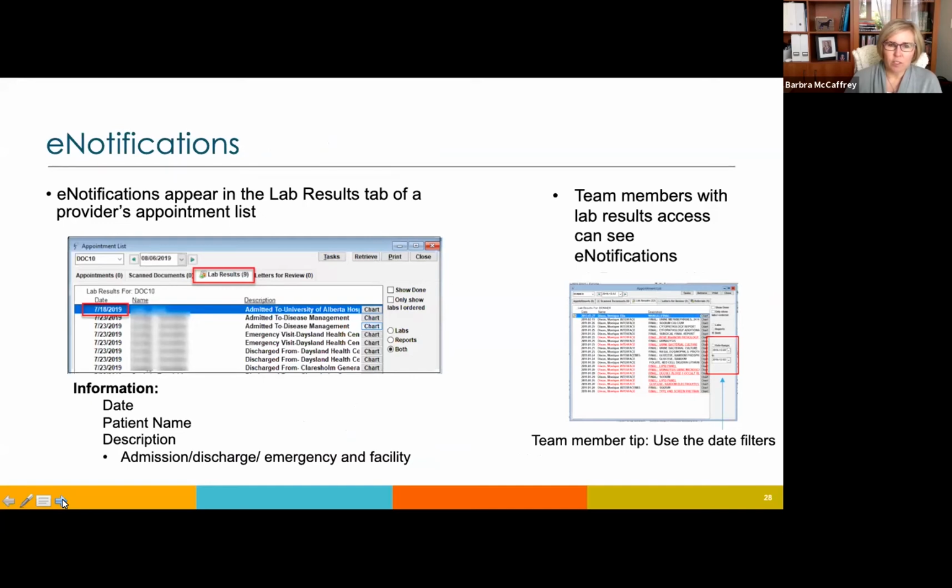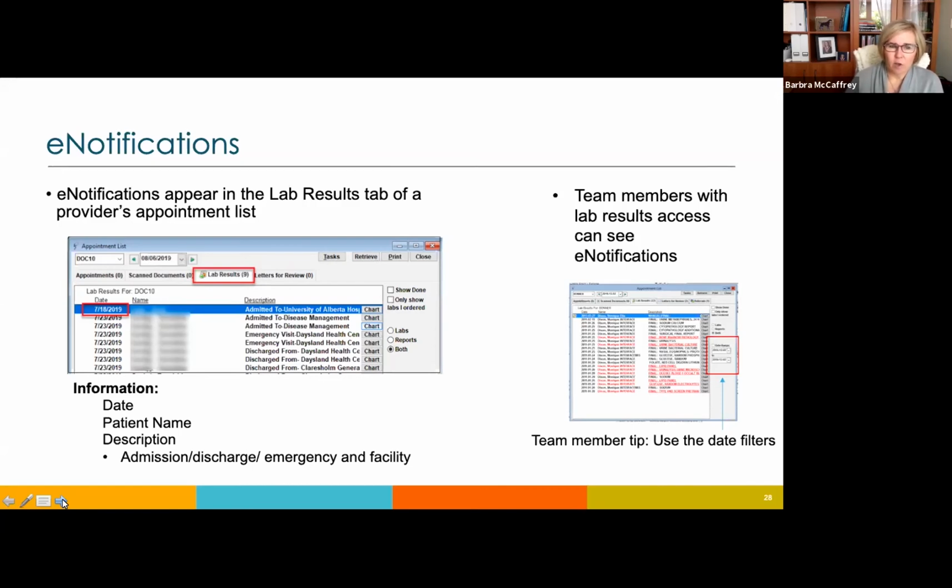E-notifications are notice to a CPAR participating provider when one of their paneled patients has had one of a number of events in Alberta: an emergency department discharge, a hospital admission, a hospital discharge, or day surgery anywhere in Alberta. They come into the EMR very similar to a lab result